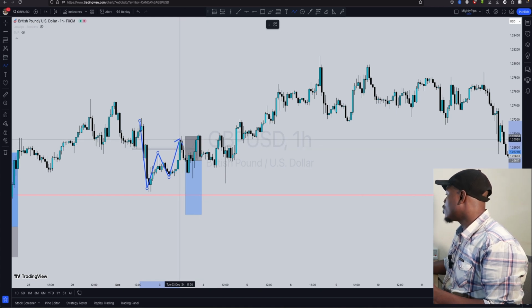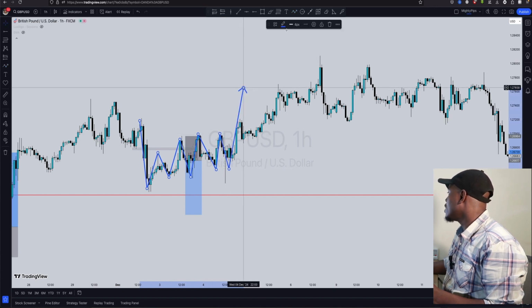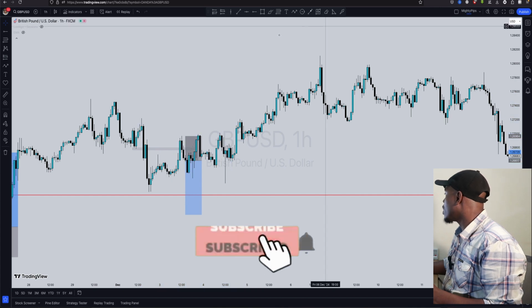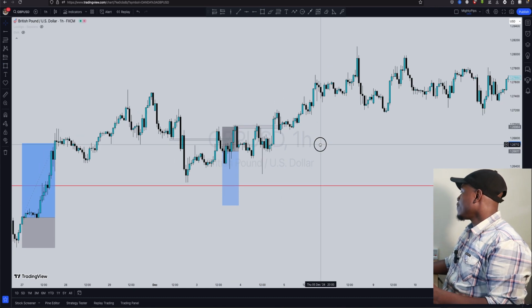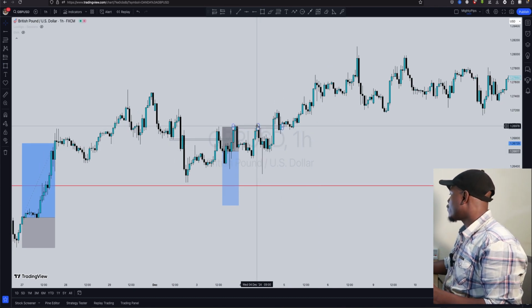So we continue drawing our structure, creating higher highs and higher lows now. So this one is after this trade. The market pulls back down here. It goes up, creates a high which is higher than this previous high. Now we wait for it to pull back down and give us confirmations to go up. So that is the area we're going to be looking at right here. When the market pulls back down from this high, after it's broken that high,